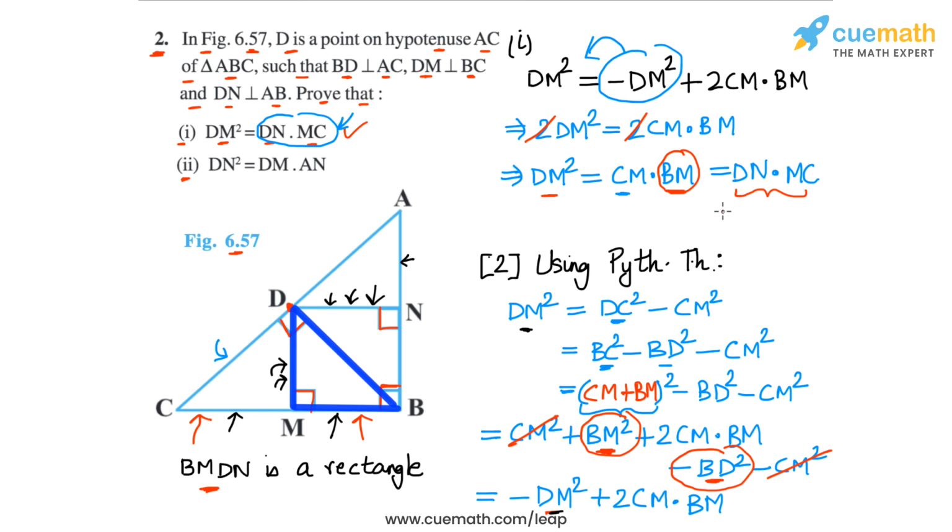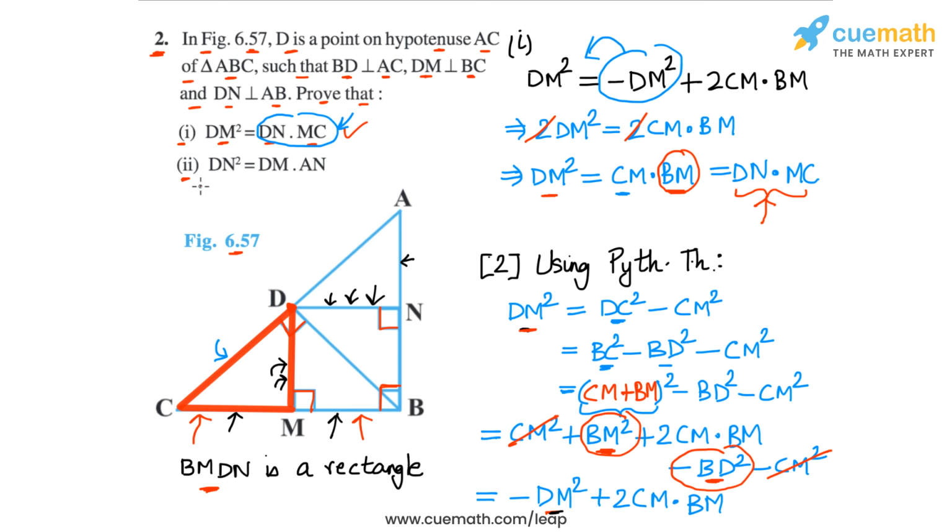So to summarize what we did, the first approach was to use similarity, and to use the fact that triangle DMC and triangle BMD, these two triangles are similar. And the second approach was to use the Pythagoras theorem. Starting from triangle DMC, you write an expression for DM square and then keep applying the Pythagoras theorem till you reach this stage, the final stage. Okay, so both approaches are accurate, both approaches work. Personally, I prefer the similarity approach where you get to the answer much faster, but if it comes on an exam, you can use either approach.